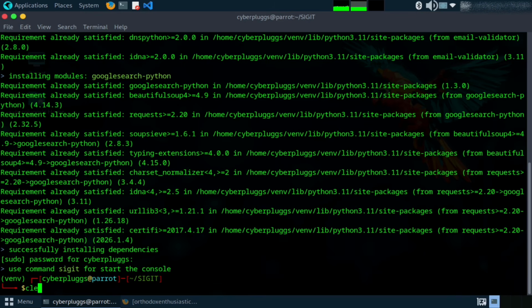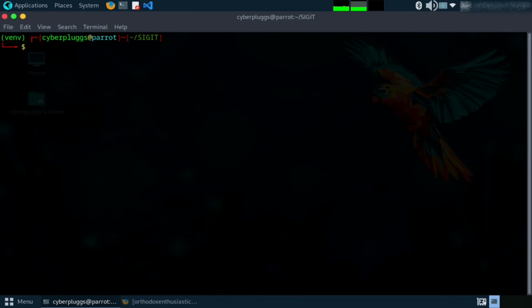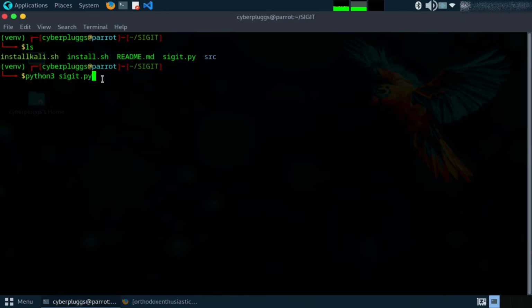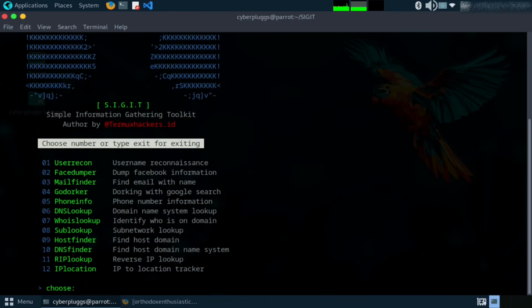Before running it, I'll clear the terminal again for a clean interface. To start the tool, we run python3 sigit.py. And now the interface loads. At this point, you'll notice several built-in OSINT modules. For example, there is a user reconnaissance module designed to gather publicly available information associated with a username across different